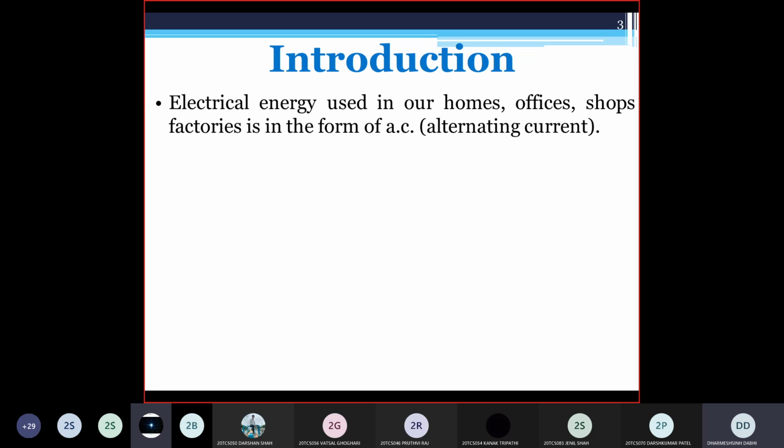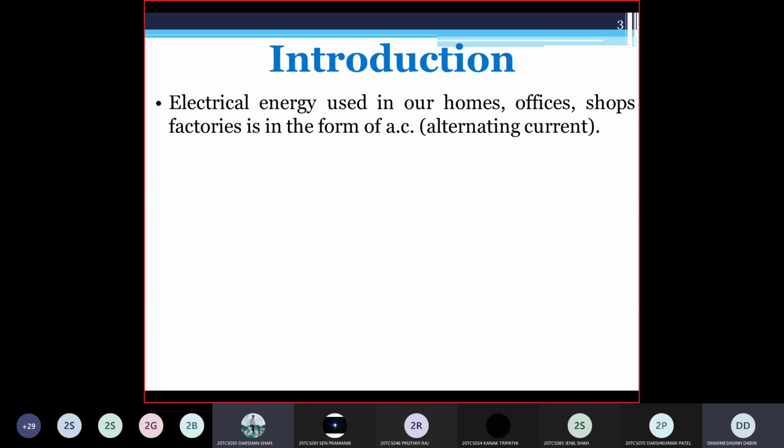Sir, it's more efficient and has less power loss than DC. How can you say that? Less power loss or more efficient as compared to DC? Can you justify this sentence? Sir, in DC the power loss increases because the resistance increases. So how does power loss relate to resistance? Heat.